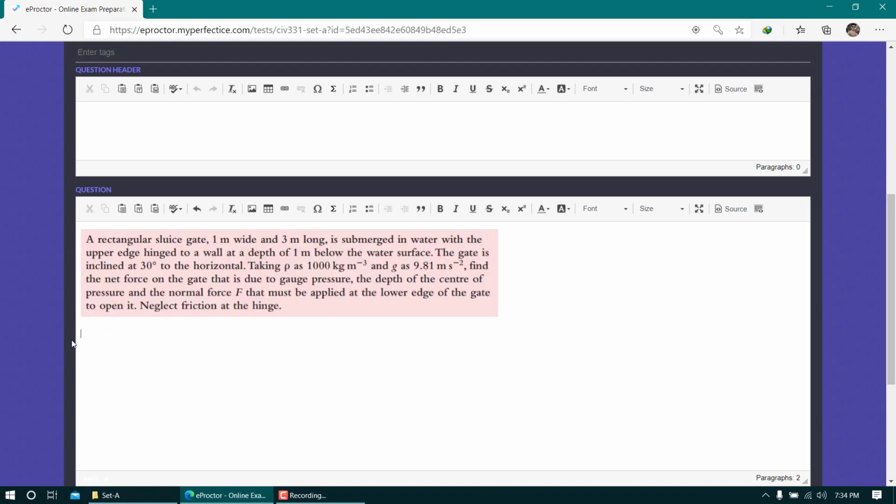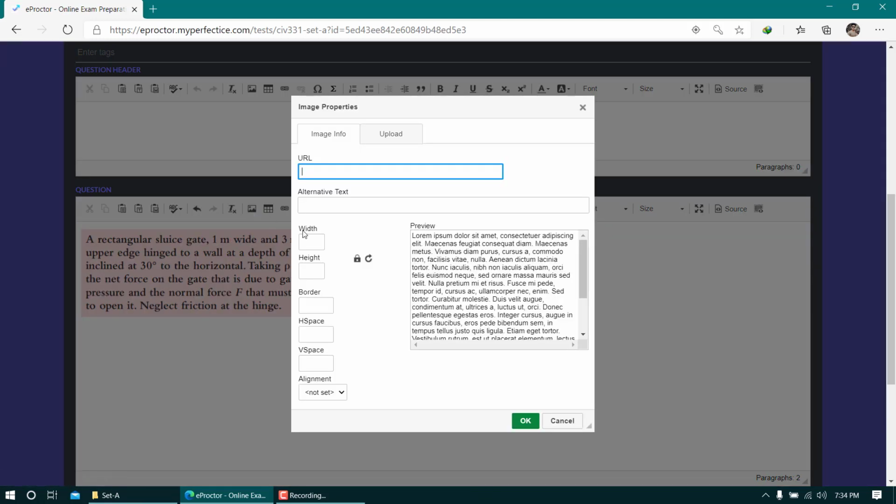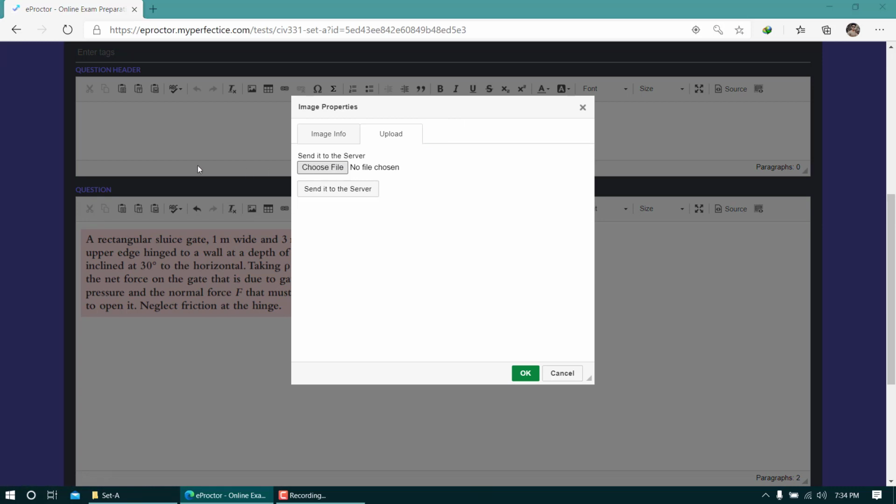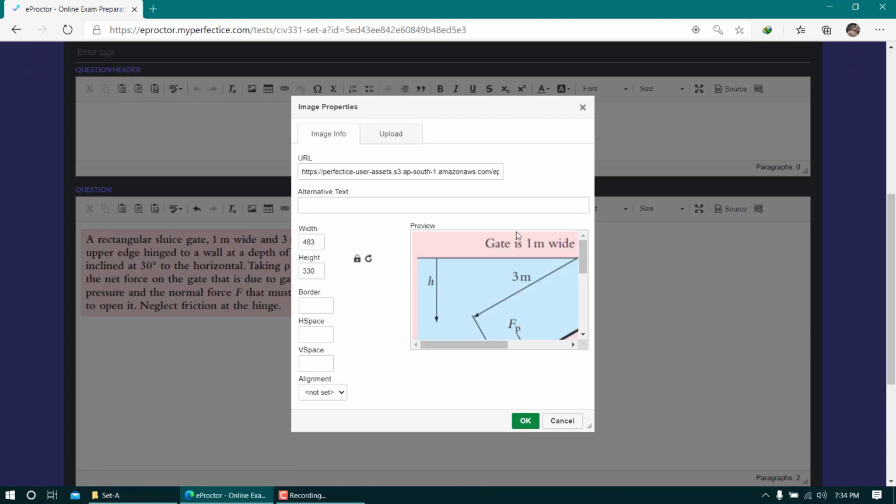So I'm going to delete this, and now I'm going to import the other image, which was the supporting image for this particular numerical problem. So I'm going to click on image, upload, choose file, select the supporting image for the same question, send it to server, and it seems large enough. So let me make sure that this is again locked, and I'm going to reduce it to 200.